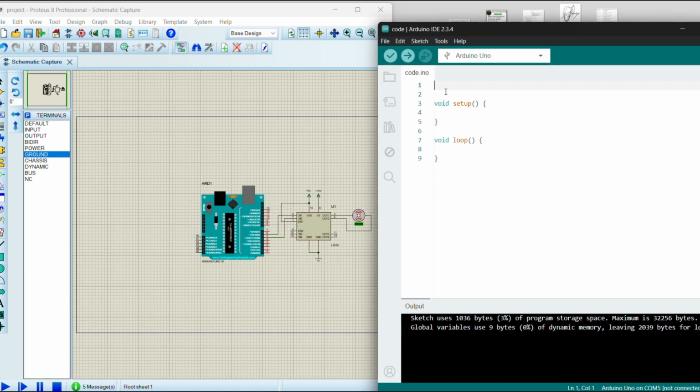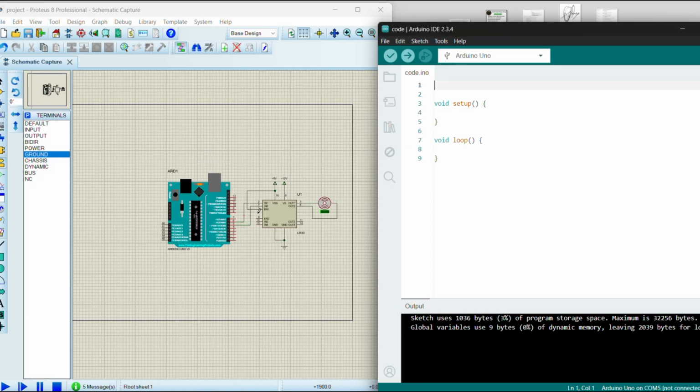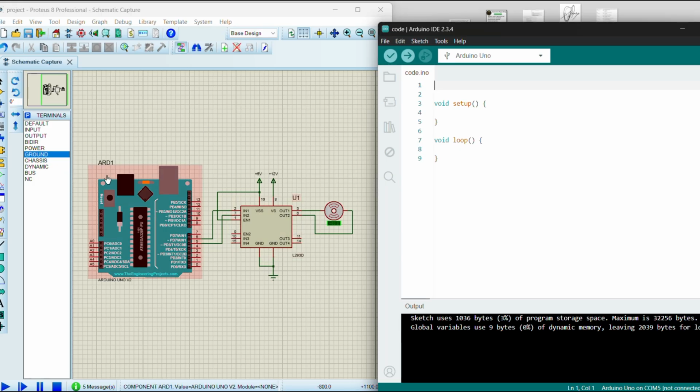Now our IDE is open. We can zoom this one a little bit so we can see the connection. And now we are going to initialize the pins corresponding to the inputs of the H-bridge, which is the L293D. We can specify each pin as an integer, let's say